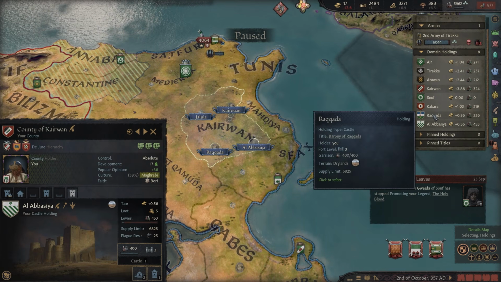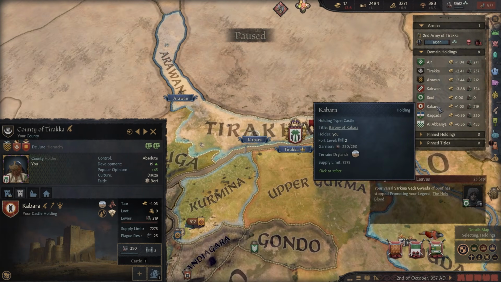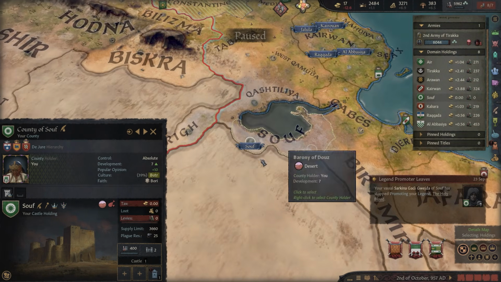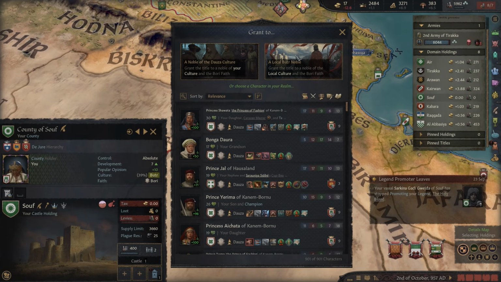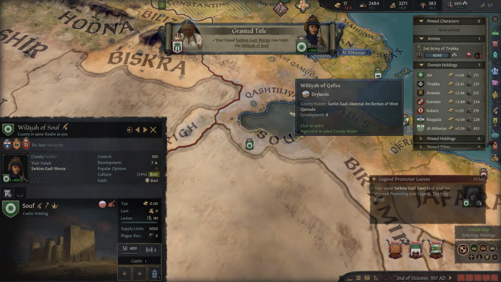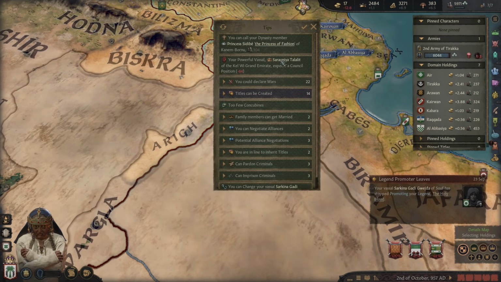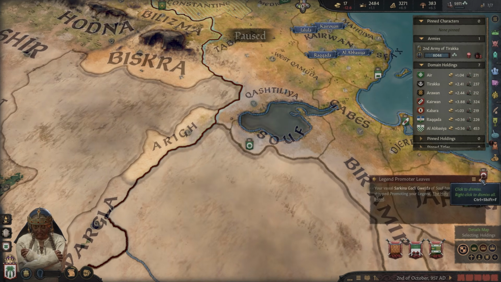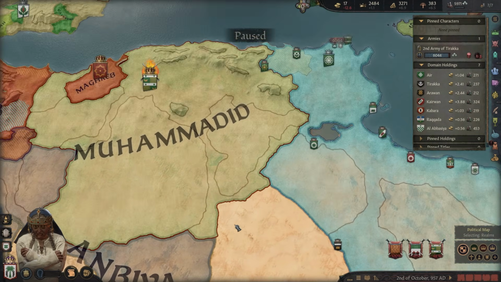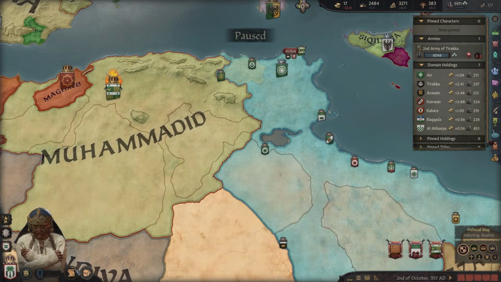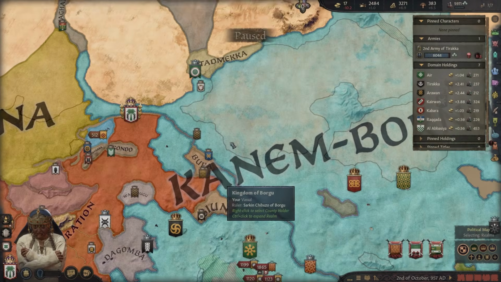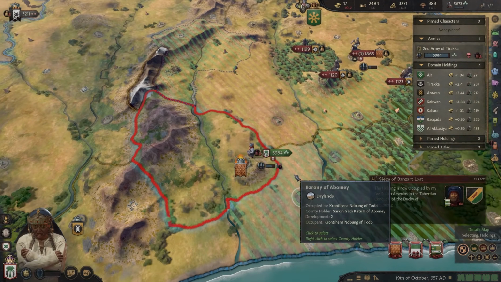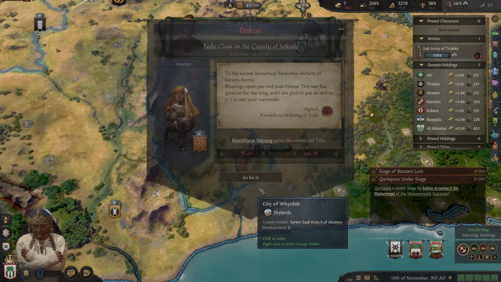Wait. What did I just inherit? There we go. I'll give that to a local one, just to reduce the chances of us getting rebellions. Also, I can switch to this. Yeah, give me 10% monthly income. Right, let's go. I can make money once we get the first one here.